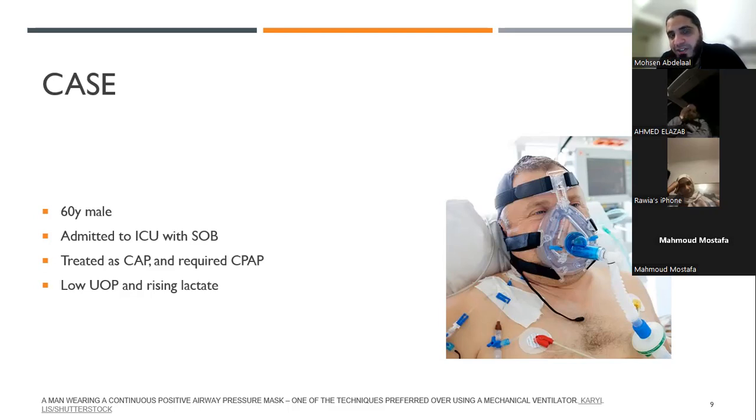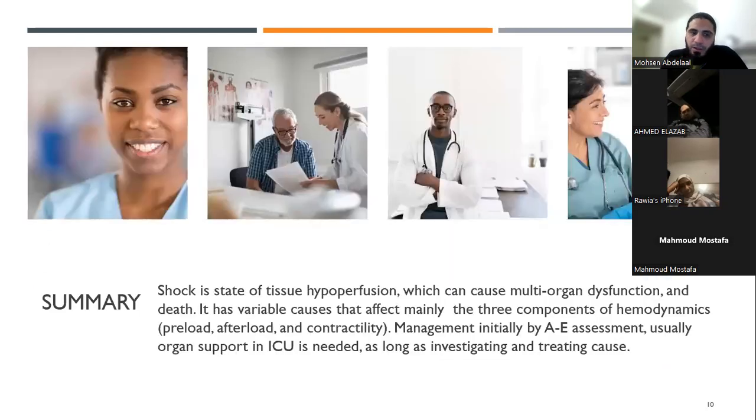When the patient is very septic or in anaphylaxis, he will lose the systemic vascular resistance, and this can cause shock. To summarize again, shock is mainly about its definition. It's a state of tissue hypoperfusion and causes multi-organ dysfunction and death if untreated. It has variable causes and can be multifactorial, affecting the three main components of the hemodynamics: the preload, afterload, and